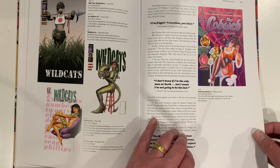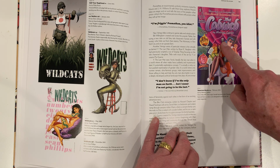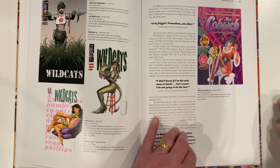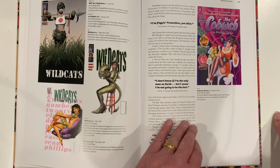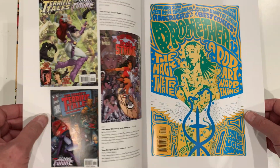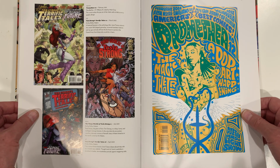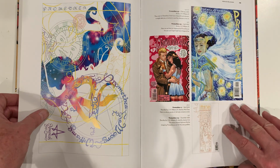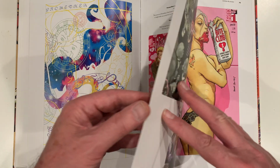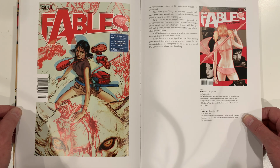I will be honest and say, I don't think I've ever seen this book. Tomorrow Stories. The Cobweb. Here's some more ABC stories. I recognize these. Promethea, however you want to say it. Okay, we're getting into Fables, so...